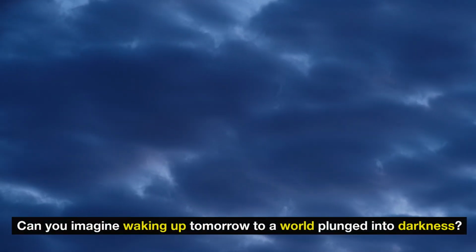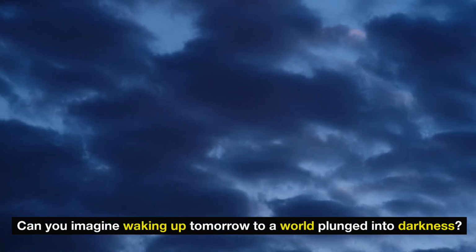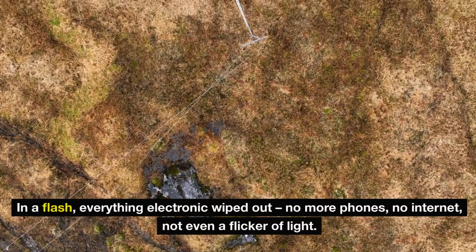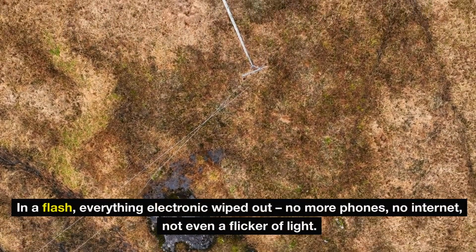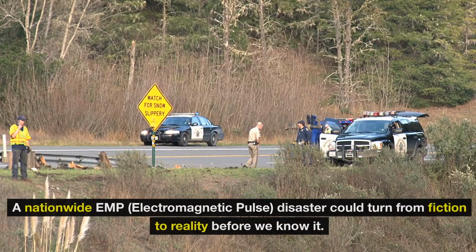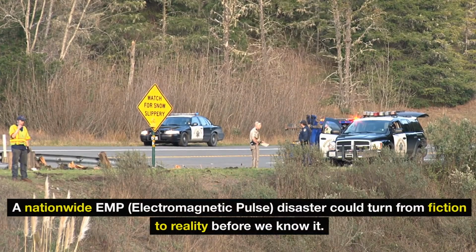Can you imagine waking up tomorrow to a world plunged into darkness? In a flash, everything electronic wiped out. No more phones, no internet, not even a flicker of light. It sounds like a scene from a movie, doesn't it? But with growing tensions and threats of retaliation, a nationwide EMP, electromagnetic pulse disaster could turn from fiction to reality